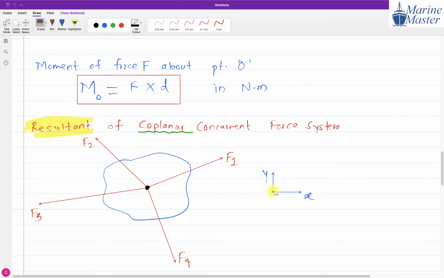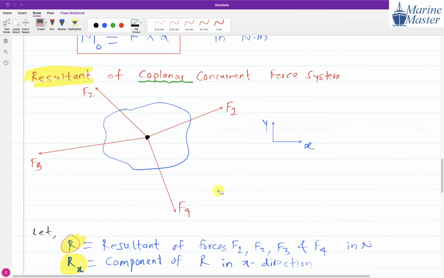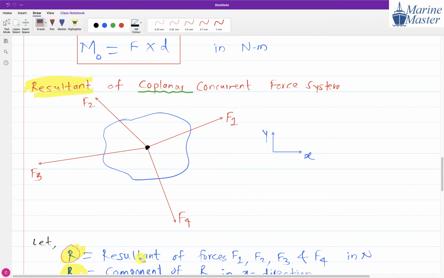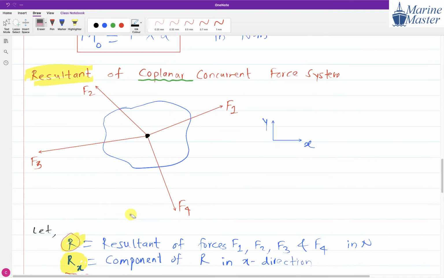Here we are assuming this is the X direction and this is the Y direction. Now we will assume R is the resultant of forces F1, F2, F3 and F4, meaning the resultant of these four forces. R is the resultant of these four forces, and R will have a